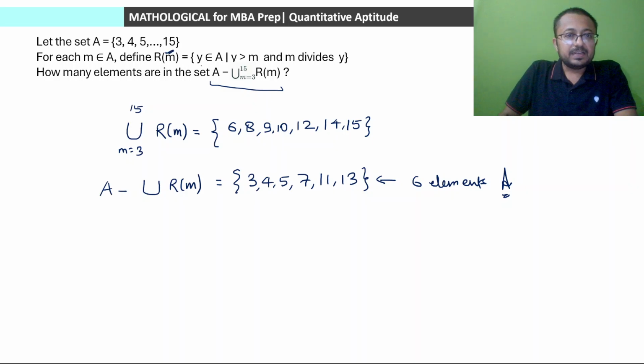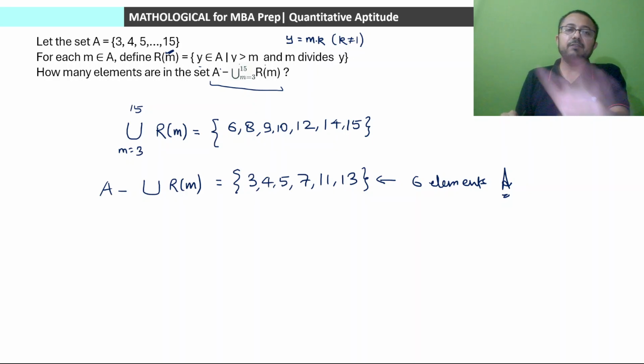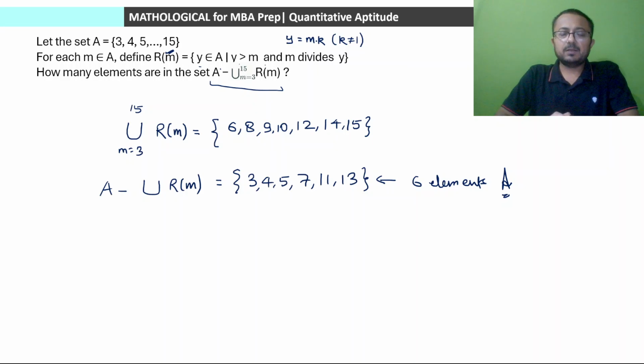R_m was defined as y is an element of A, y is greater than m and m divides y, यानी कि बेसिकली y has to be a multiple of m, and this k will not be equal to 1, because if k will be equal to 1 then y will be equal to m. So y has to be a multiple of m, isn't it so? And if y has to be a multiple of m and k cannot be equal to 1, so can you